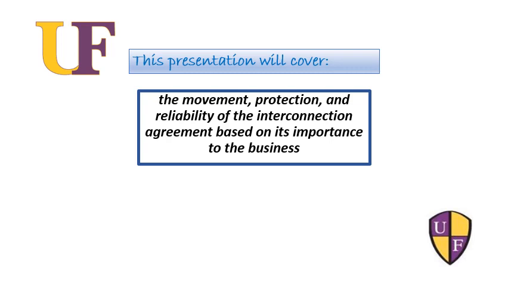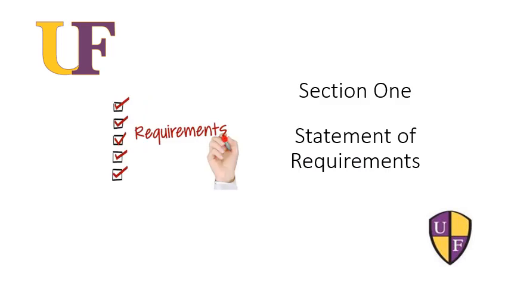The documentation is to cover the movement, protection, and reliability of the interconnection agreement based on its importance to the business. We go through the different steps of the agreement, starting with Section 1, which is a statement of requirements. The statement of requirements is